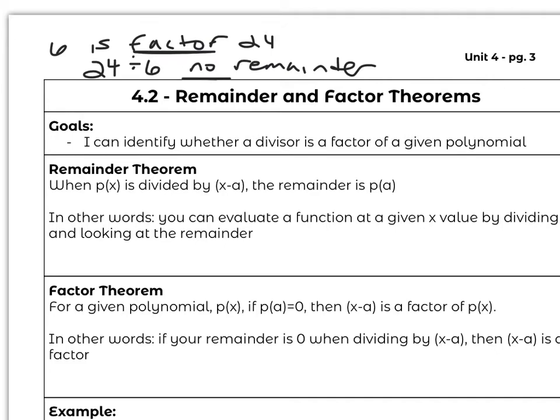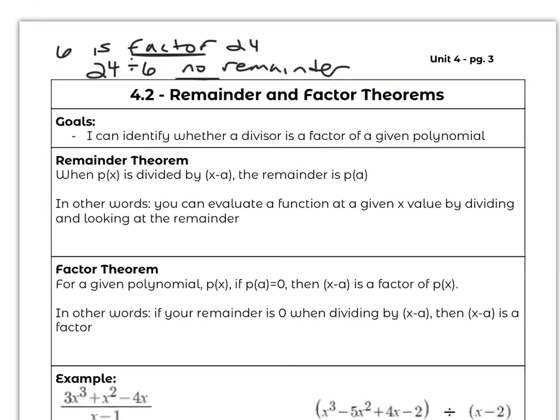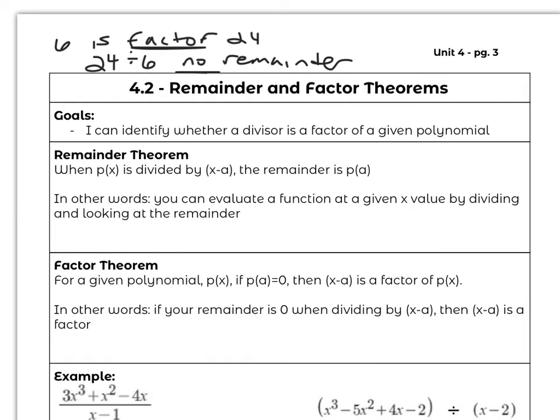This is exactly the same idea for polynomials, but what you'll see in a math textbook sounds a little more complicated. So the remainder theorem says when you divide a polynomial by a linear factor, the remainder is p of a. So on those previous problems, if I divided blah, blah, blah,